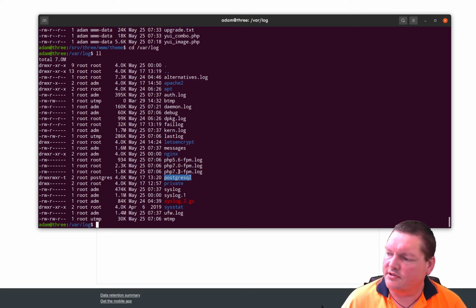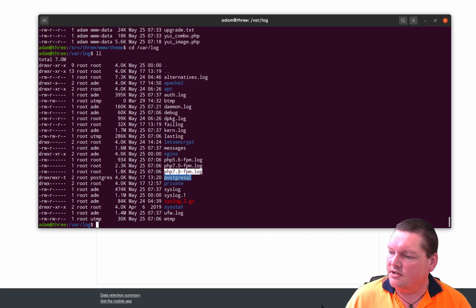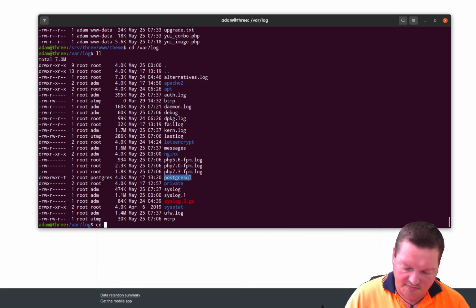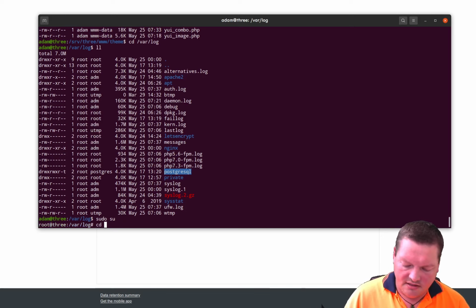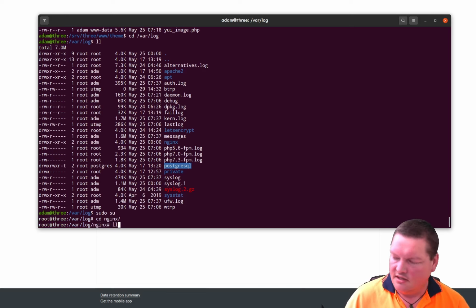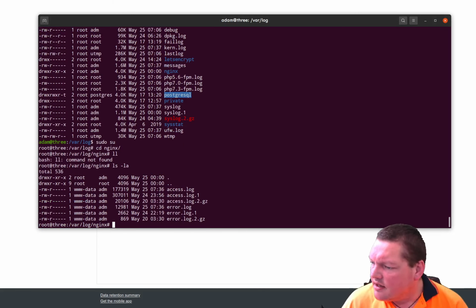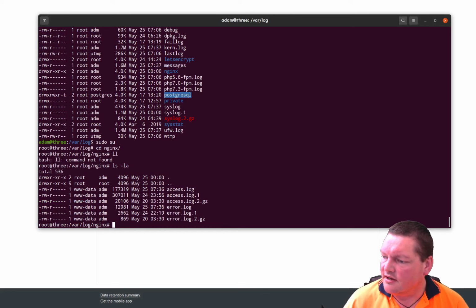Anyway, you might look in the PHP log, or you might look in the nginx log. So actually, in this particular instance, sudo, I'm just going to become root, and cd nginx, and here we go. We've got an error log there, and if we just grab the tail of the error log,